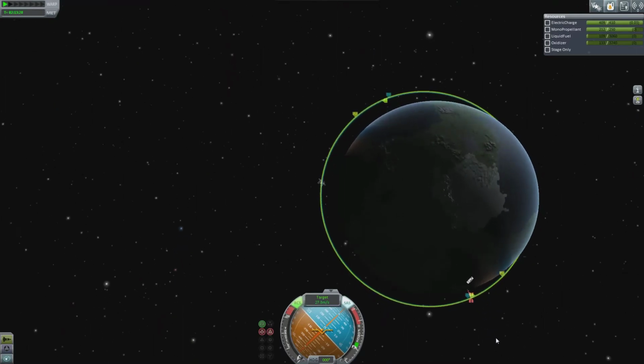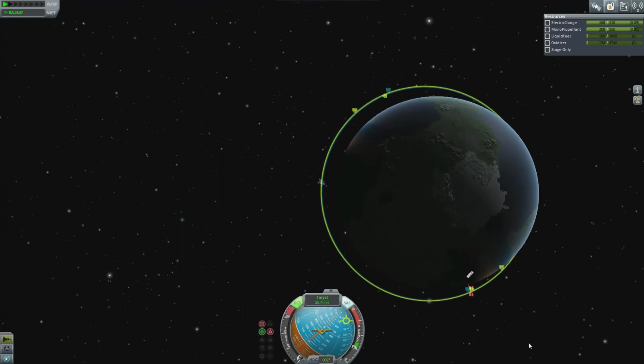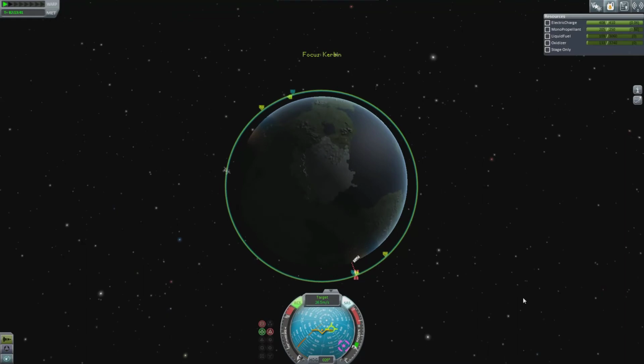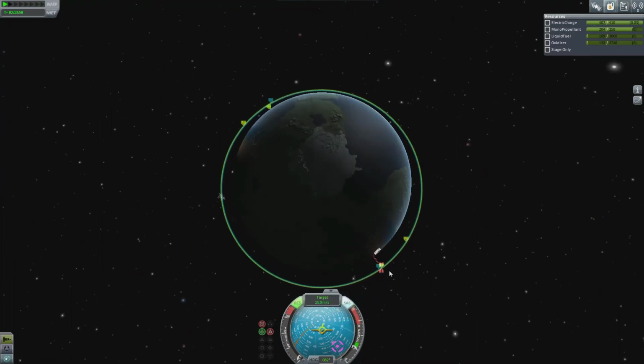So what I want to do is try to bring them together. So if we go prograde, I think it's prograde, yes, we'll go prograde. And I'm going to focus on Kerbin so I can see a little bit better. And we want to try and bring this intersection closer. So let's power up those engines ever so slightly. This is going to be a bit difficult because there's so many different pieces of information in the same place. But I've just powered up and we're bringing our